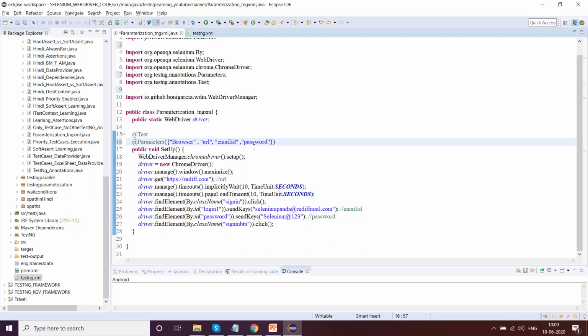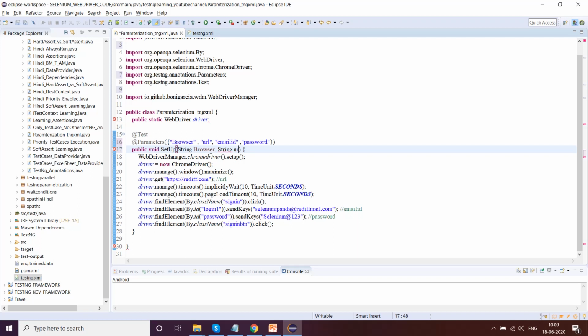What is the next step that needs to be done? So now, since you have added these parameters inside the Parameters annotation, what you need to do is, inside the method body you have to parameterize these things. That is very, very important. So what are the things that we need to do? First we will come here, String browser. Remember the TestNG data provider? We used to do something like this, okay. If you do not remember, please go back and see my data provider video.